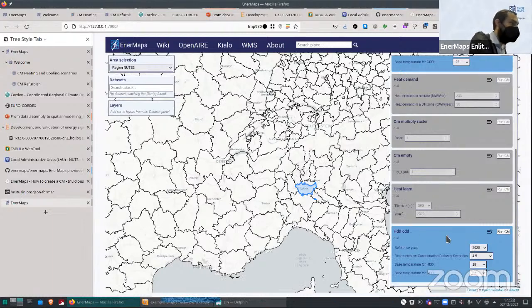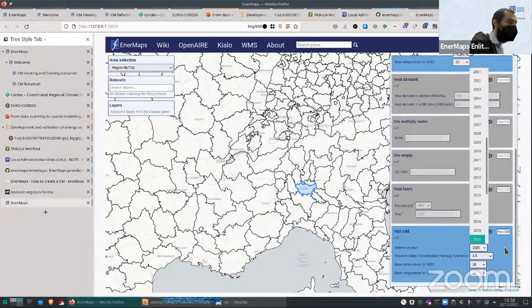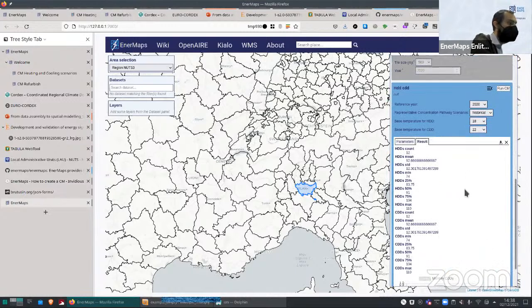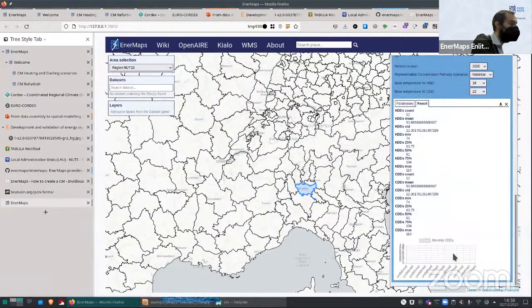And here you have the heating degree days and cooling degree days module, where we can select the reference that we want, the scenarios that we aim to see, and we also have the base temperature for the heating and the base temperature for the cooling, and then we can compute and extract, which so far are just some indicators of the heating degree days in the overall period, and we will also produce the trends, so how these values change over time.